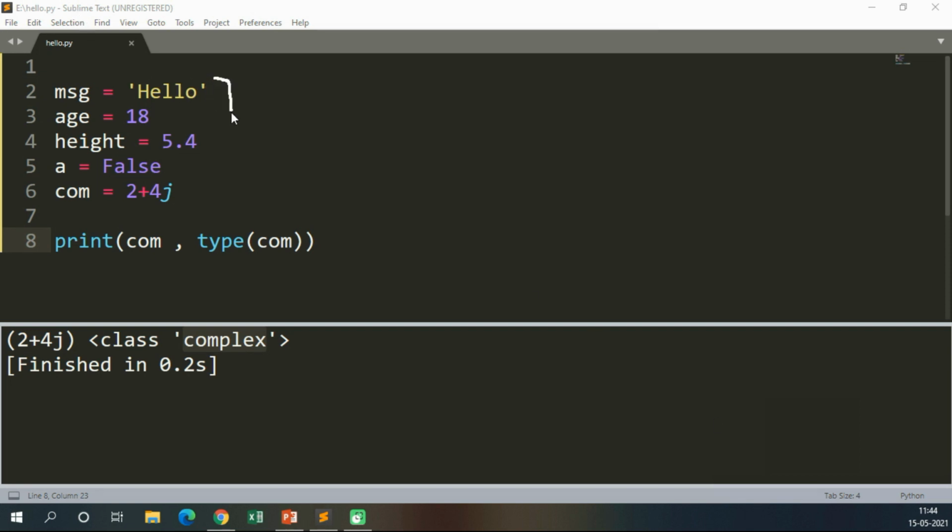So these are the basic data types which are used in the Python language, and we can also use the type and id functions to see the type of a variable and the address of a variable respectively.